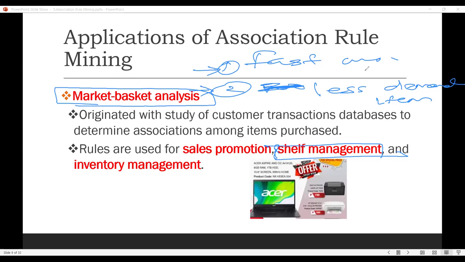Also, for very less demanded items, they are not purchasing more, right? From the raw material supplier, they purchase a very small number of items which are less demanded. If it's a fast moving item, they can invest a huge amount of money. Likewise, there are so many benefits we can get with the help of this market basket analysis, right? So